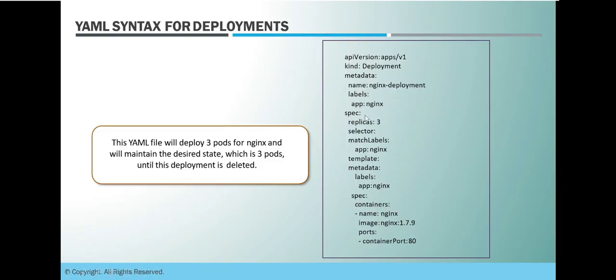Right? Then comes specs, where you will be mentioning the details of the deployment or objects that you are going to create. Here in the deployment case, we are defining the replicas, how many pods this deployment needs to ensure while this is running in the cluster. Then selector is used by this deployment to monitor the pods. So here also labeling is important because using this label only it will create the pods and manage the replicas and other things about the pods.